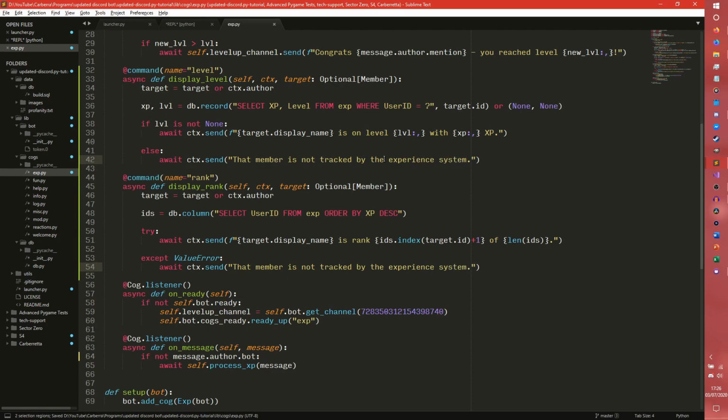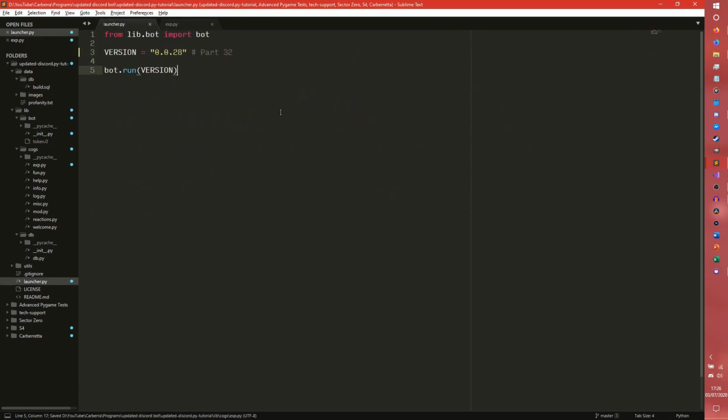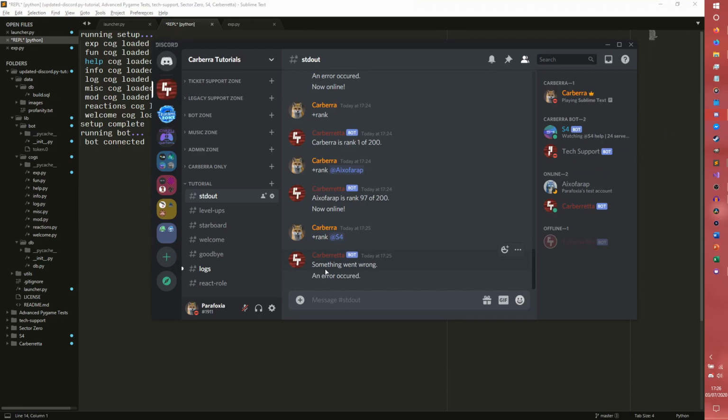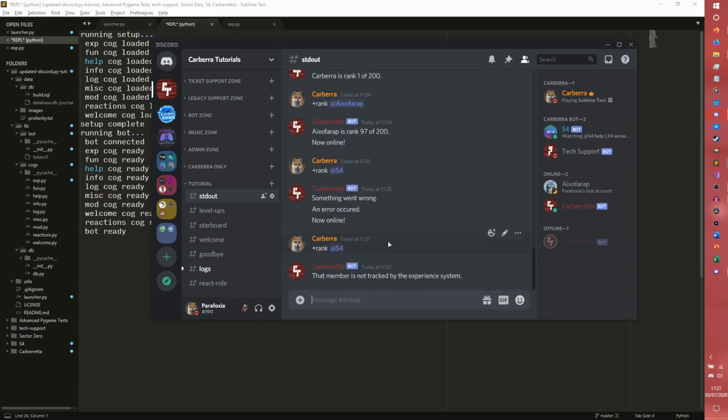Because there may be like the really odd case where for some reason a member is not a bot and still not being tracked, so we want to make that as explicit as possible in case something goes wrong. But now it will simply just safely handle that. So rank at S4. That member is not tracked by the user experience system. Let's just make sure